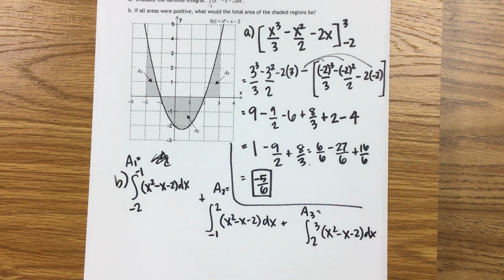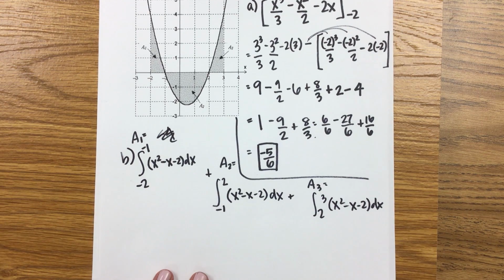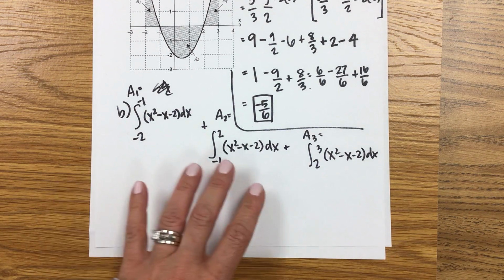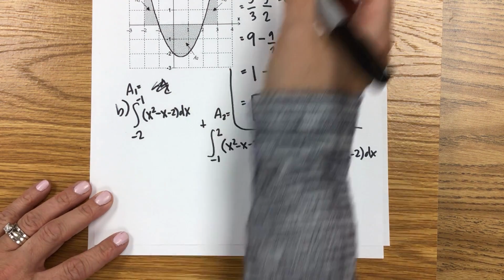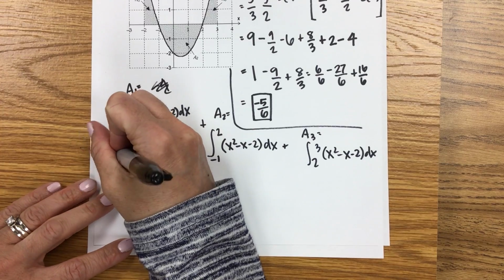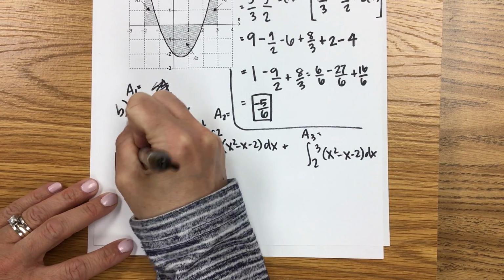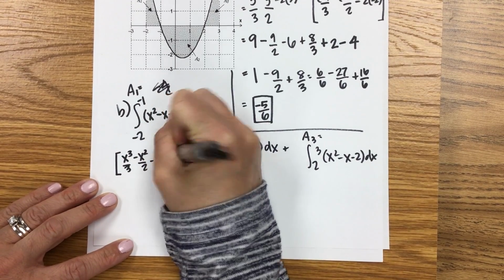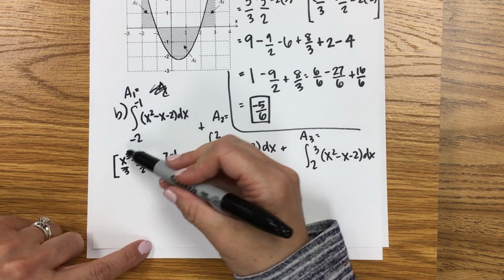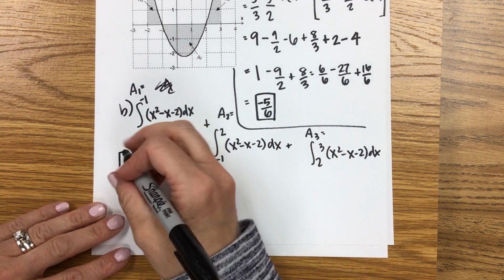So we will have the same antiderivative every time, but we'll have to plug in the values each time to see what each area would be and then add them up. So antiderivative we already have. It is x cubed over 3 minus x squared over 2 minus 2x. -2 to -1. So first I'll plug in -1, then I'll plug in -2, and I'll subtract. So here it looks like we'll get